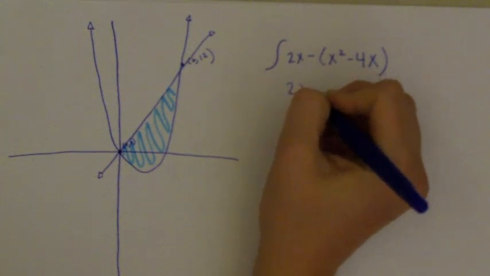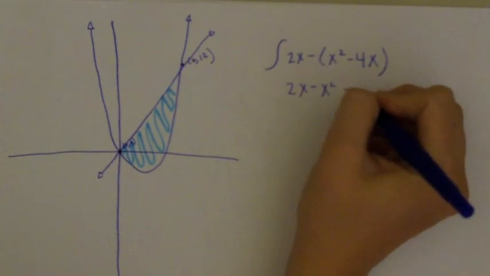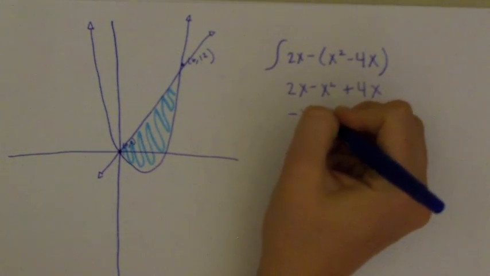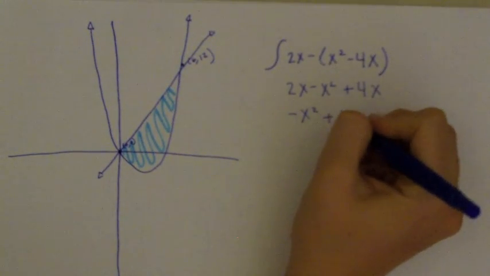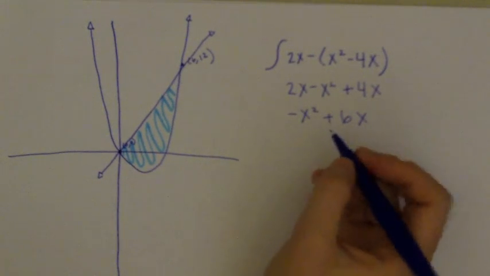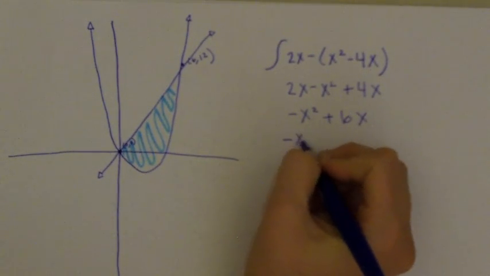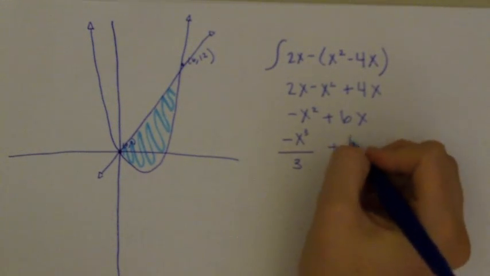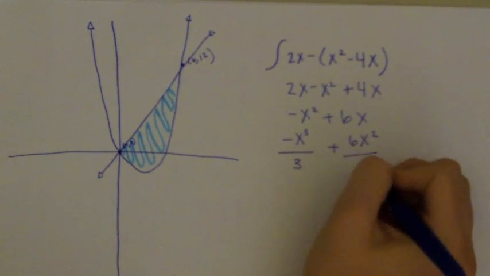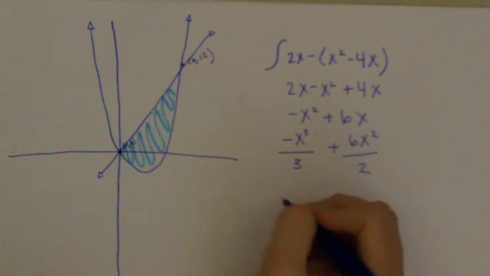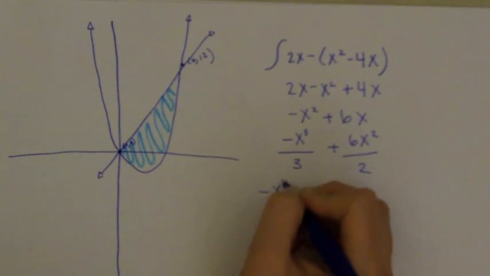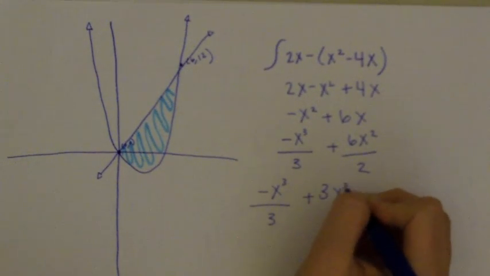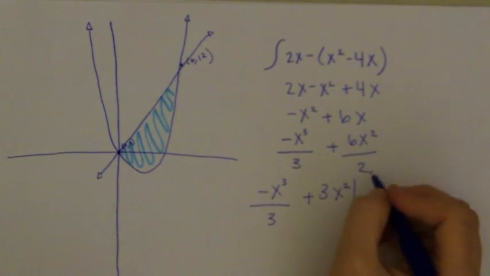First, we'll distribute the negative to get 2x minus x squared plus 4x, which is negative x squared plus 6x. When you integrate, you add 1 to the power and put the whole thing over the power plus 1. Therefore, we get negative x to the power of 3 over 3 plus 6x squared over 2. When simplified, this becomes negative x to the power of 3 over 3 plus 3x squared, from 0 to 6,